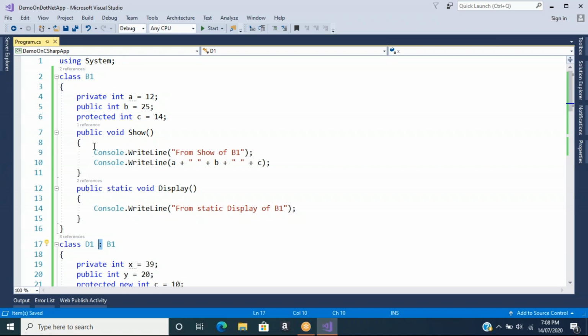Okay. So one part of inheritance is over. In tomorrow's class we'll go with